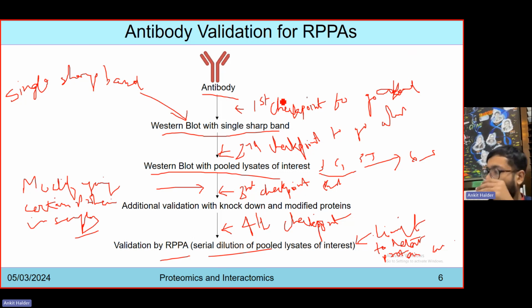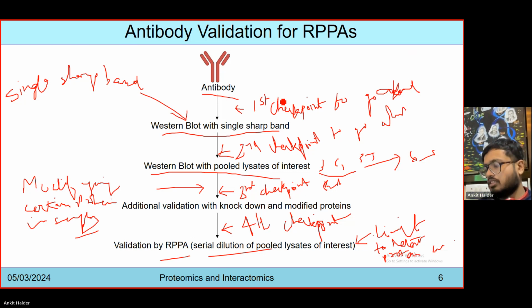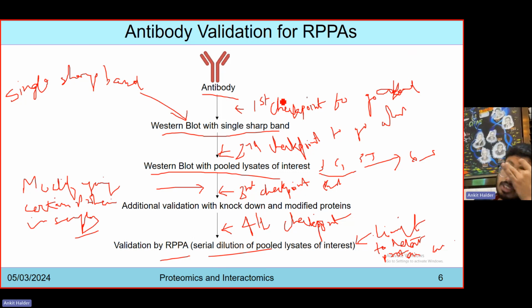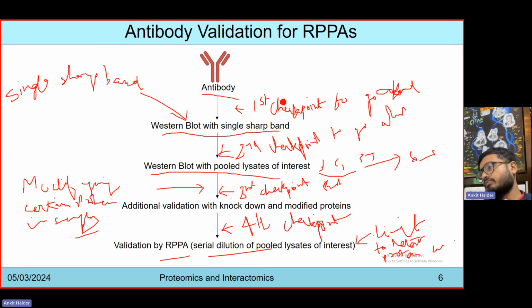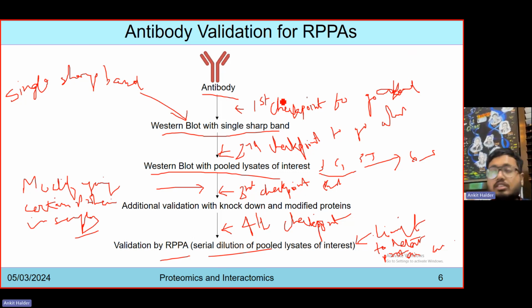So this serial dilution is used for the particular thing of interest. This is how we can get this particular checkpoint for further